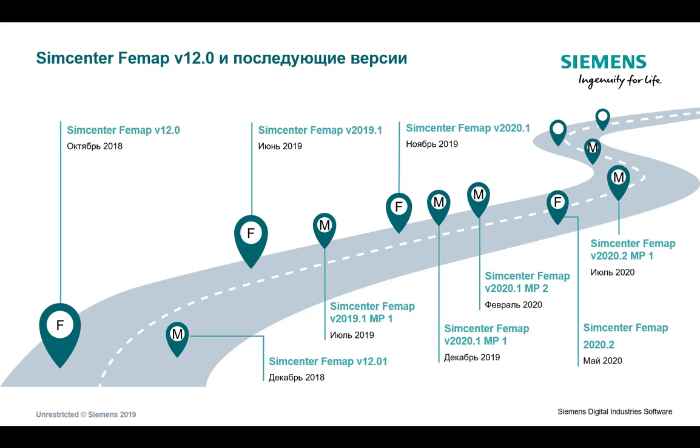So here's just the roadmap from Femap version 12 until now. Femap 12 came out in October 2018. Femap 2019.1, notice that we changed the numbering scheme, came out in June 2019. There were some maintenance packs released. But what we're really going to be focused on in this presentation is the new functionality in Simcenter Femap version 2020.1, which was released in November 2019, as well as Simcenter Femap 2020.2, which was released in May 2020, and the latest maintenance pack was